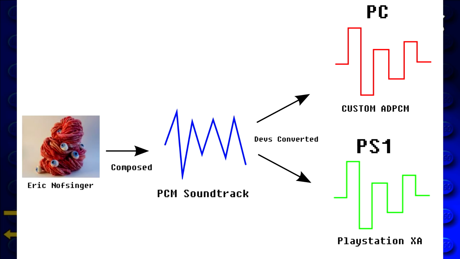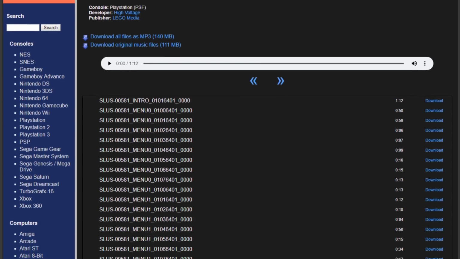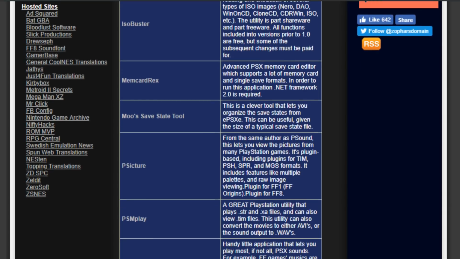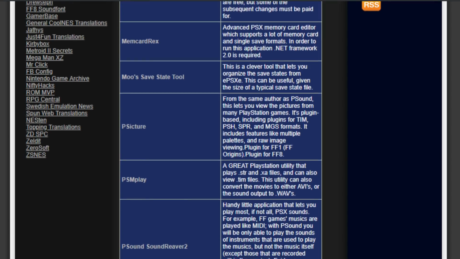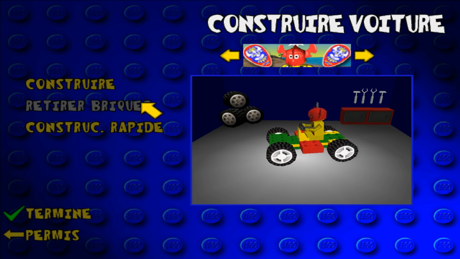So that means our 1-minute music files are exactly the same in both versions of the game, just using different audio formats. Zophar's domain hosts the raw XA PlayStation audio files along with some utilities to play them back and convert them. Jackpot. There was a bit of trial and error here, and at some point I actually had to